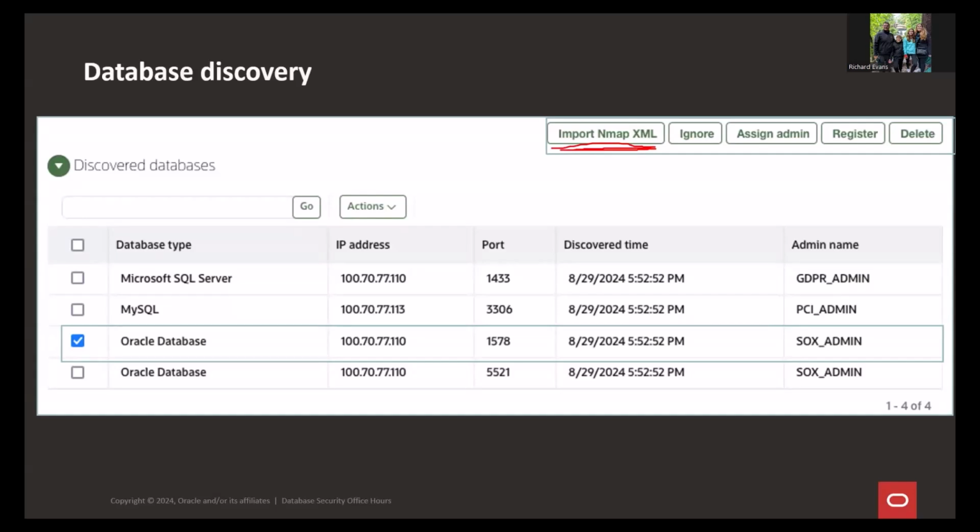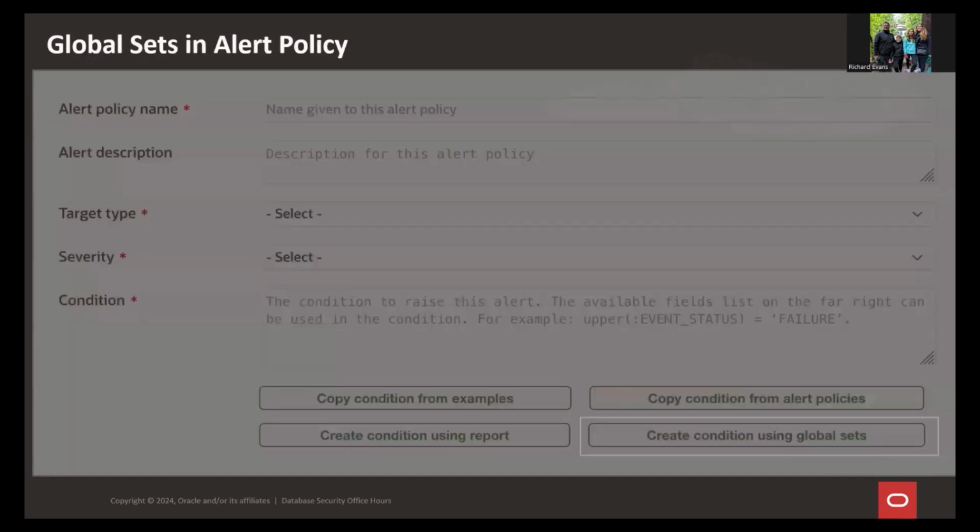The super admin can register that target themselves, or they can assign it to some other non-super admin, just an admin. And let's say you want to ignore something, for example, you don't want to register it right now, or you don't want that particular target to pop up going forward in your list of to-be-registered targets, this discovered database list. So you can ignore that target for that time, add some comment, and later on, if you decide to register it, then you can pull it back to the main list and register that target. So this is the flexibility we are giving.